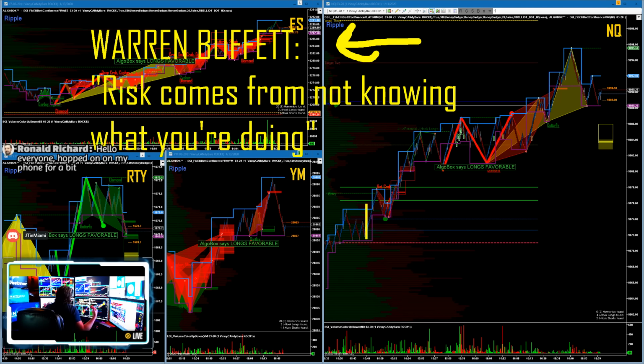But risk comes from not knowing what you're doing. So this comes back to what I just said. New people, don't you understand that as a new person, they just, in general, have more risk, right? That person is a risky person, right? You're not going to put your money on the new guy. Let's be honest, okay? Risk comes from not knowing what you're doing.